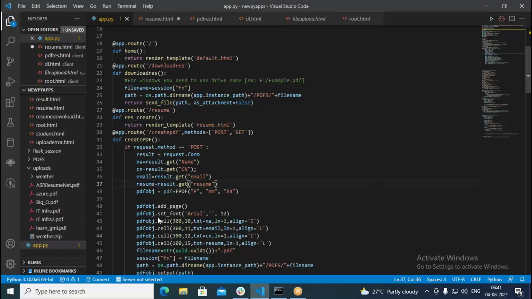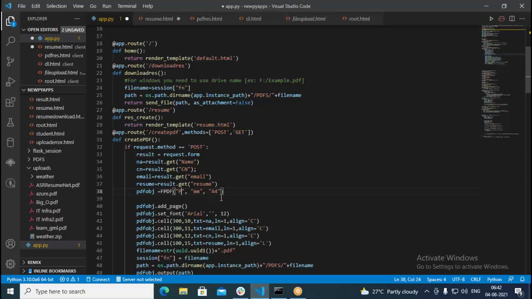Next thing we do, we create a PDF object here. PDF object equal to FPDF. This is P, I have taken page.